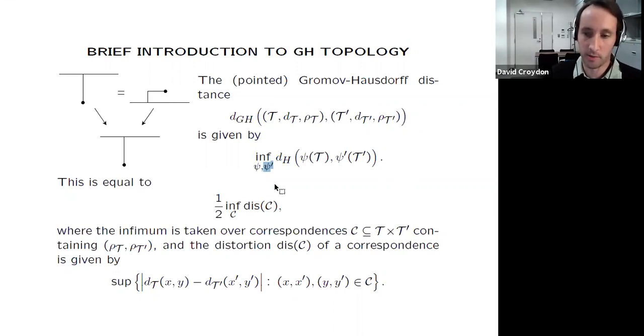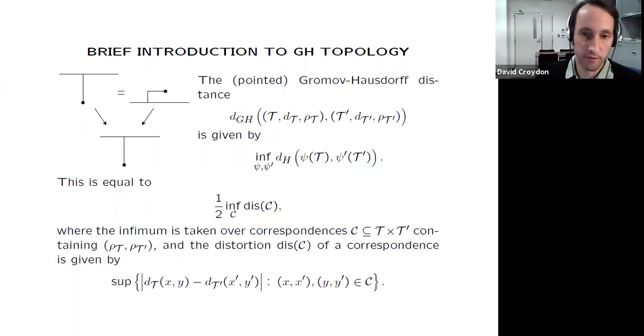Another way to think about this is in terms of correspondences. A correspondence is just a matching between spaces. So every point in the left one has a corresponding point in the right, and vice versa. These don't have to be one-to-one matchings. They're just subsets of the product space. And again, we look at how the distances in the one space match up with the corresponding distances in the other space, where x and x dash and y and y dash are corresponding points. And we look for the worst case of this over the space, and we optimize over correspondences. And this turns out to be an equivalent definition.